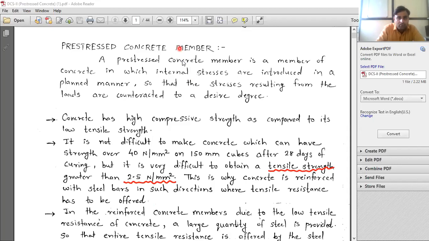I have drawn this shape also. We have seen this. Sagging of the beam is there in this way. So there is compression at top and tension is at the bottom. So where the tension is there, tension is at the bottom. So at the bottom, we provide the steel reinforcement in the beam. Okay, and at the top, we provide nominal bars, 2 bars of 10 mm or 2 bars of 12 mm. But we design basically steel for the bottom. Okay, at the bottom of the beam.